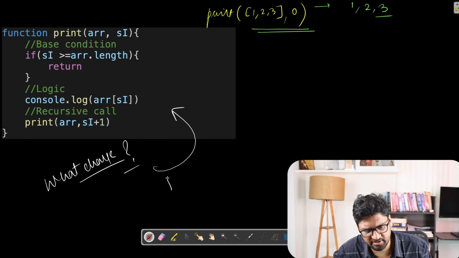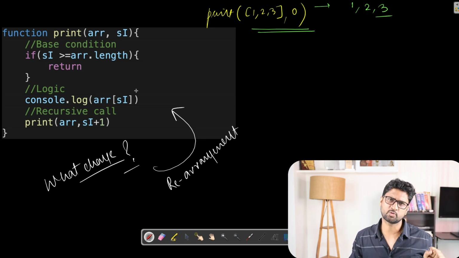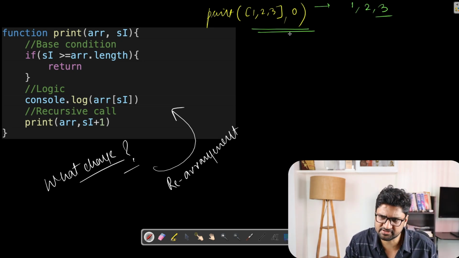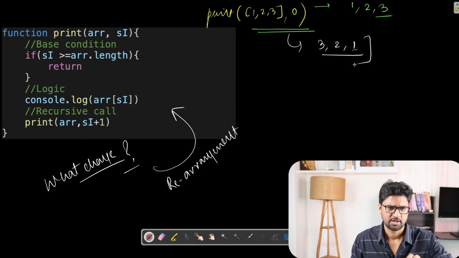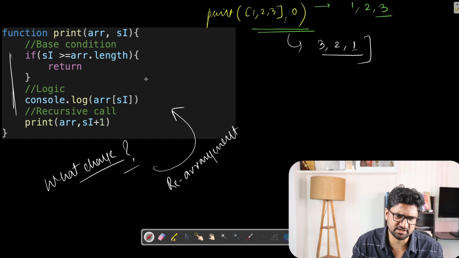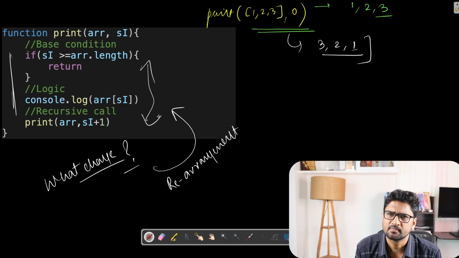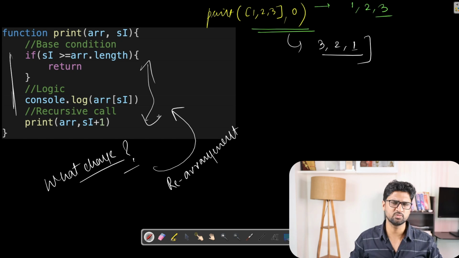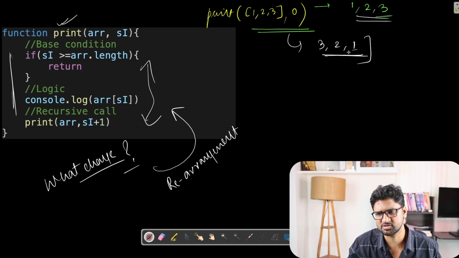What rearrangement can I do in this block of code on the left, so that the same function starts printing first 3, then 2 and then 1? You don't have to make any code changes, you just have to rearrange these lines of the code. What change can I do so that the same function starts printing in the reverse order 3, 2,